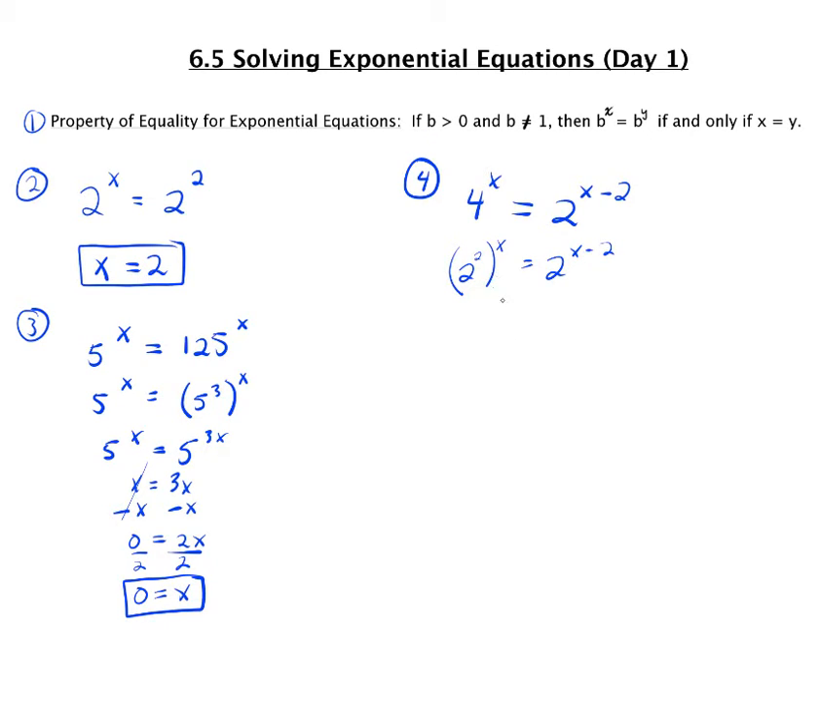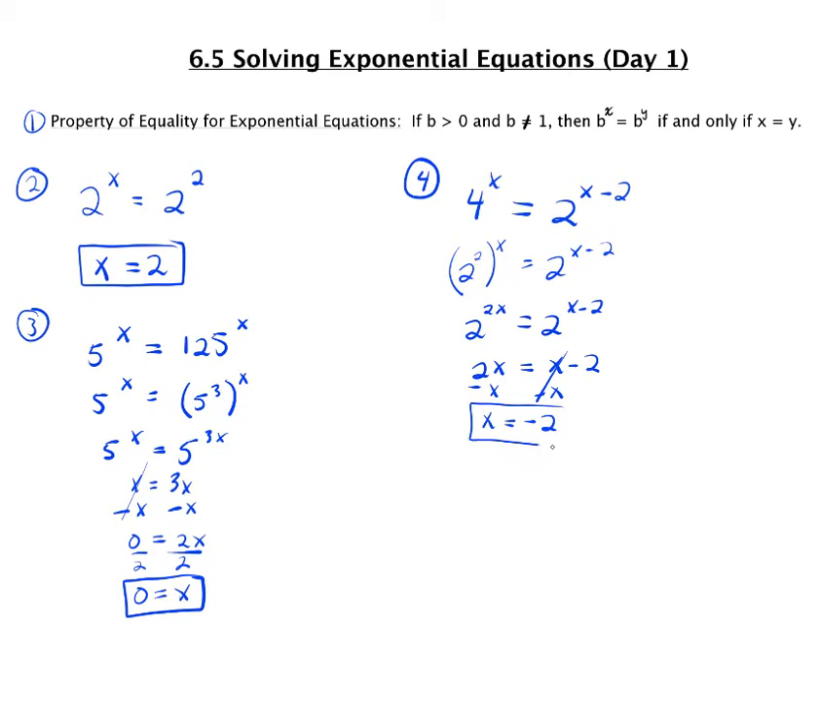Same thing we did with the last problem, we can use our property of powers and multiply those two together. So now that the bases are the same, we can use our property of equality for exponential equations to state that because the bases are the same, our exponents are also the same. So we can set those equal to each other. And now we can solve for x. So x equals